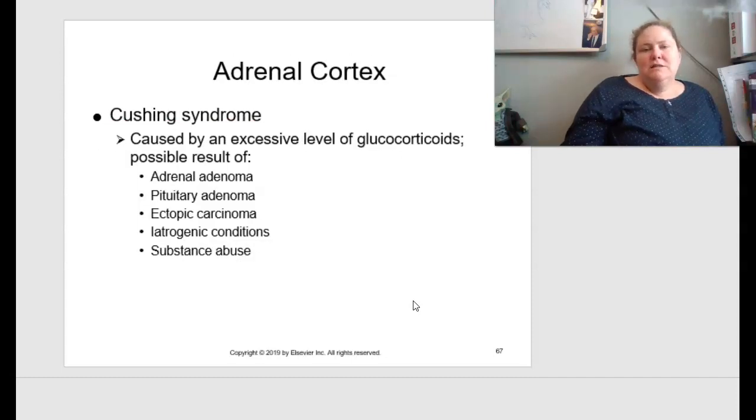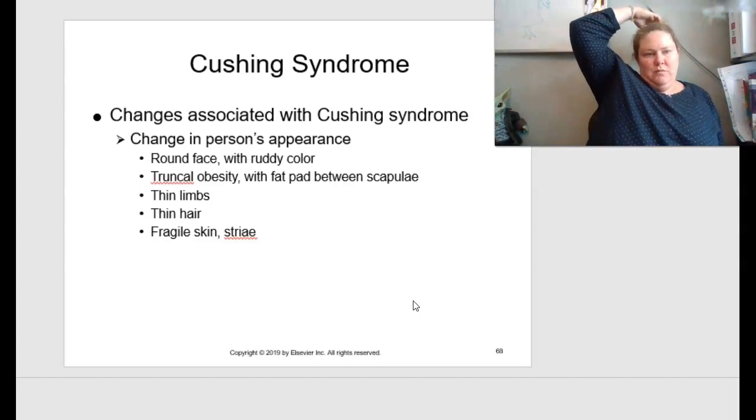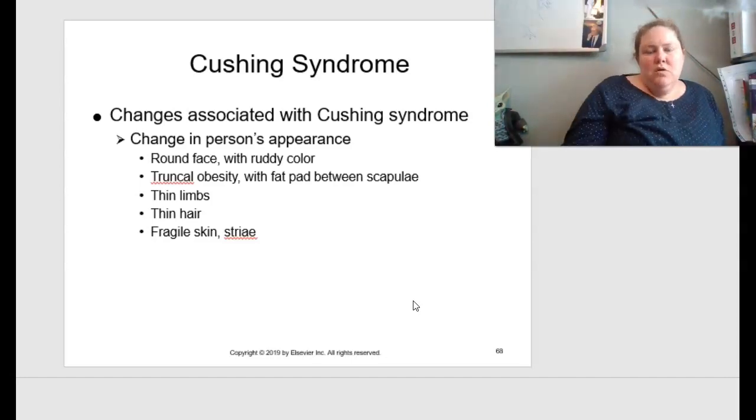Just kidding. All right. With the defect in the adrenal cortex, and specifically talking about Cushing's syndrome, this is on page 421. This is caused by an excessive level of glucocorticoids, and this is possibly due to the result of adrenal adenomas, pituitary adenomas, ectopic sarcoma, heterogenic conditions, or substance abuse that can all cause the higher levels of those glucocorticoids. Okay. Some changes that are going to be resulting from the Cushing syndrome would be a change in the